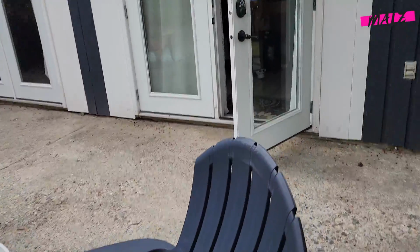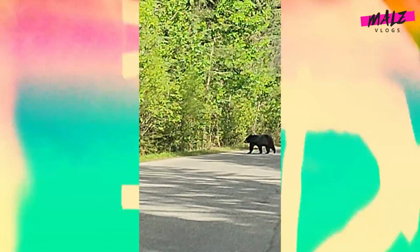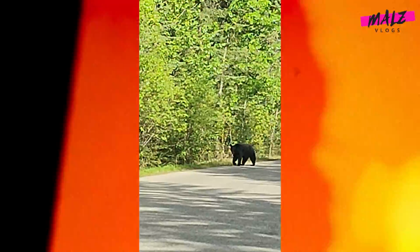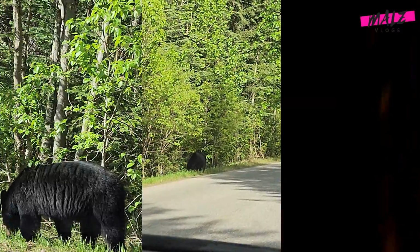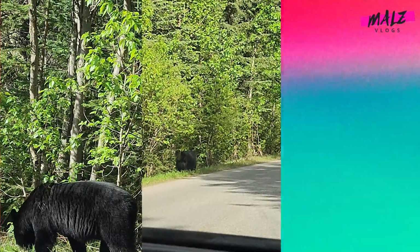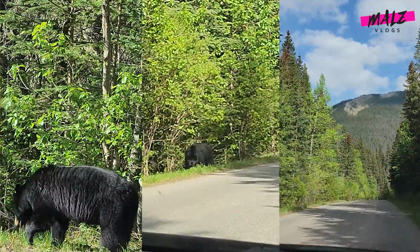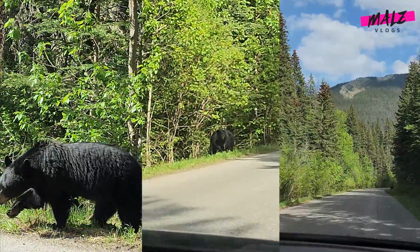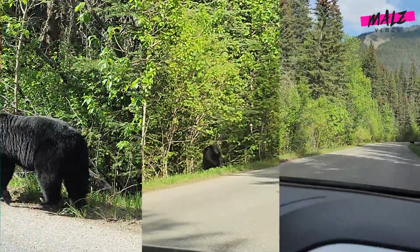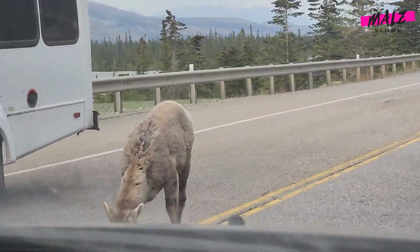So before we arrive at our cozy tiny home, let's take a moment to discuss the drive to Hinton and the remarkable wildlife encounters we experienced along the way. This collage showcases all the incredible animal sightings we were fortunate enough to witness during our journey. A pro tip: Jasper boasts even more wildlife sightings compared to Banff, possibly due to its more pristine and untouched environment. During the journey, we were fortunate to spot various wildlife including mountain sheep, caribou, commonly known as reindeer,